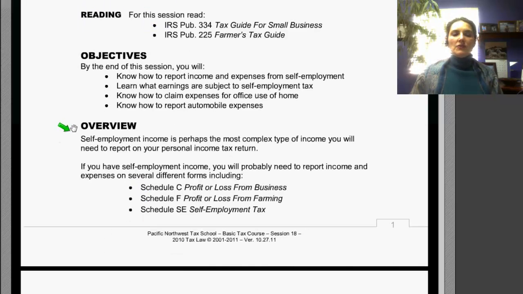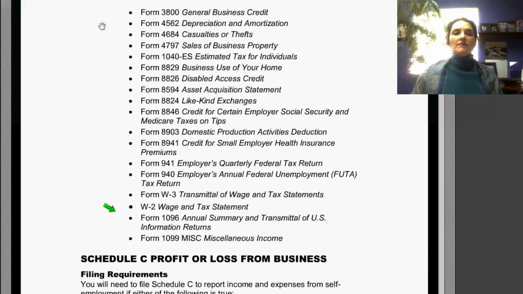And an overview. Self-employment income is perhaps the most complex type of income that you will need to report on your personal income tax return. If you have self-employment income, you will probably need to report income and expenses on several different forms, including Schedule C, profit or loss from business, Schedule F, profit or loss from farming, Schedule SE, self-employment tax, Form 3800, general business credit, Form 4562, depreciation and amortization, Form 4684, casualties or thefts, Form 4797, sale of business property, Form 1040-ES,